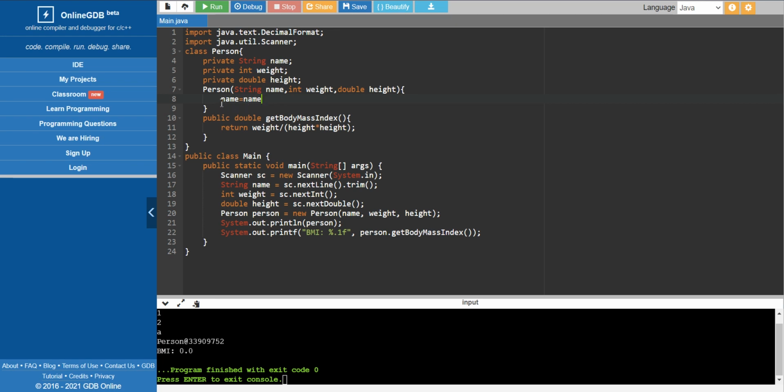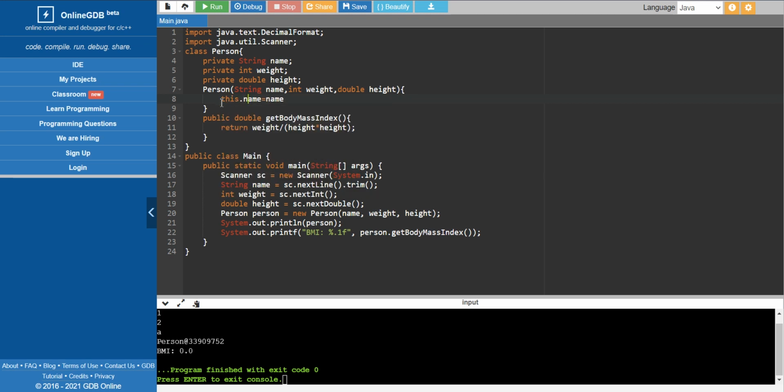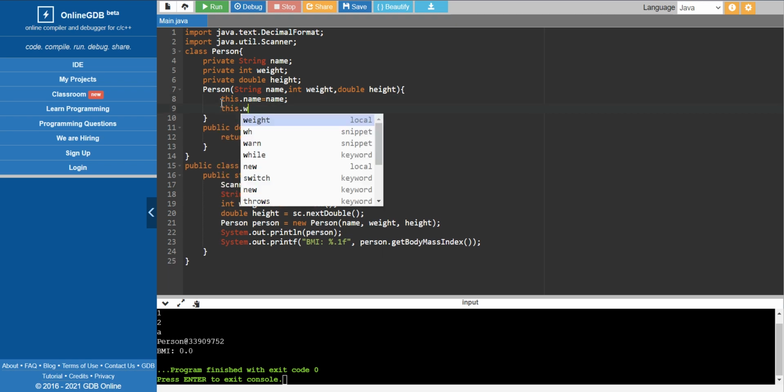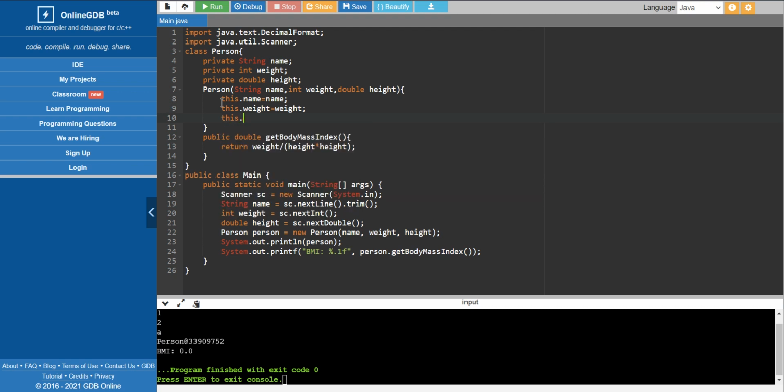So you already guessed that I have used this to mention it. So I'm using this.name equal to name, this.weight equal to weight, this.height equal to height.